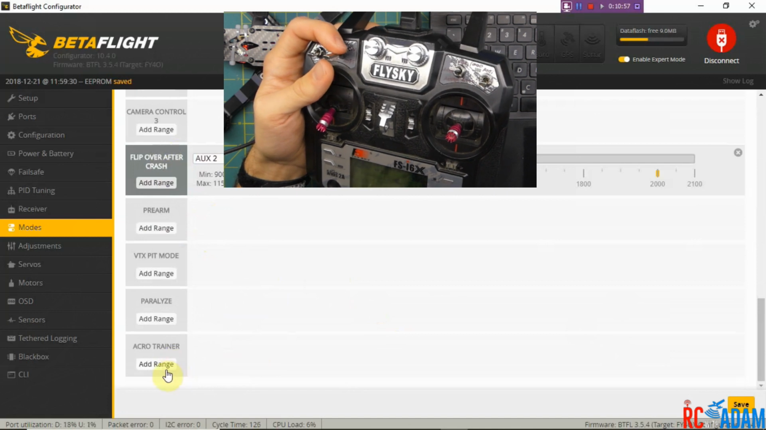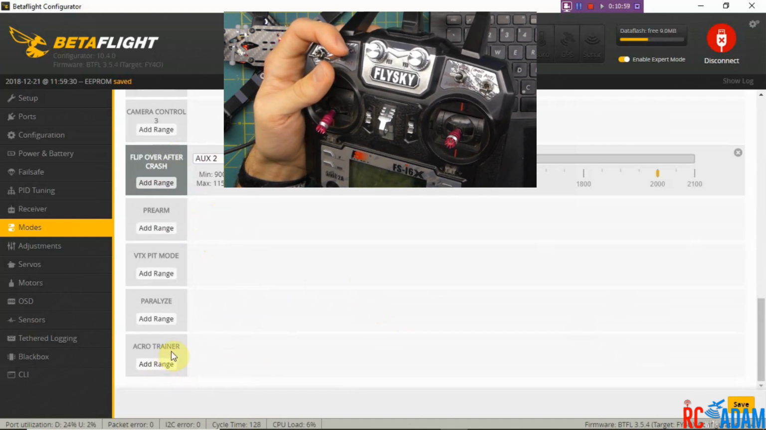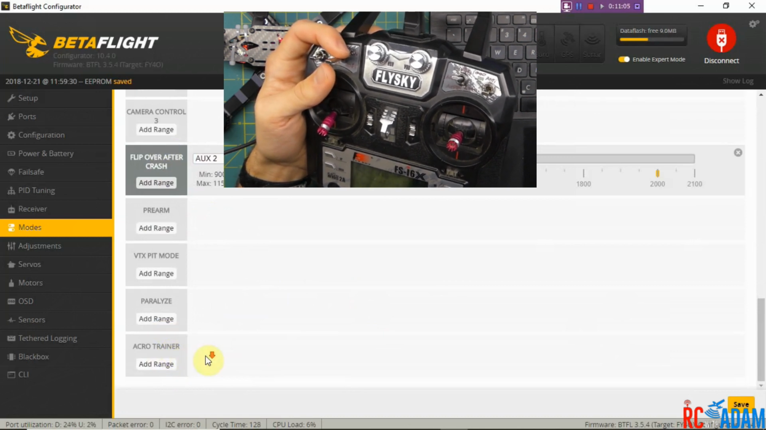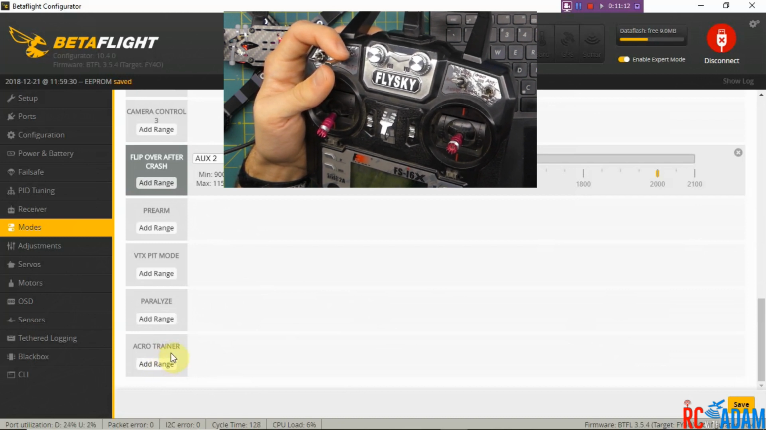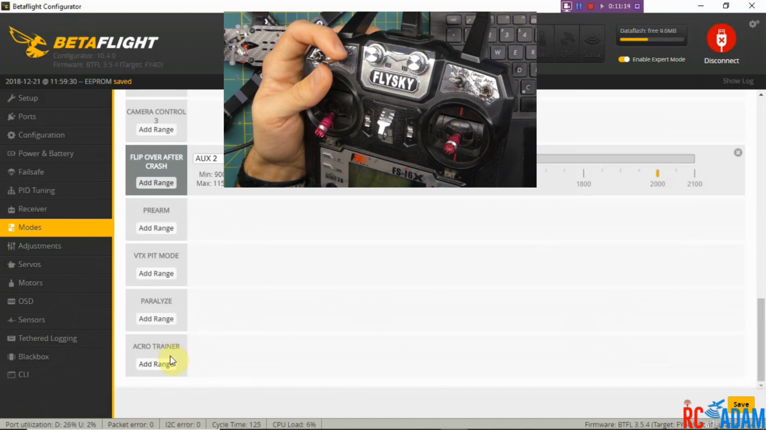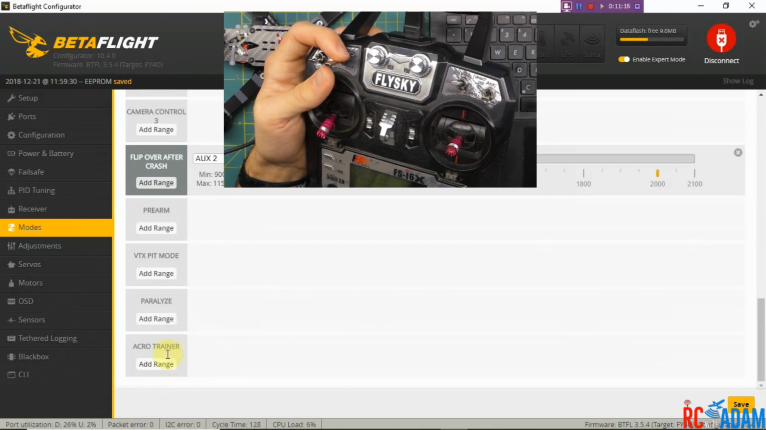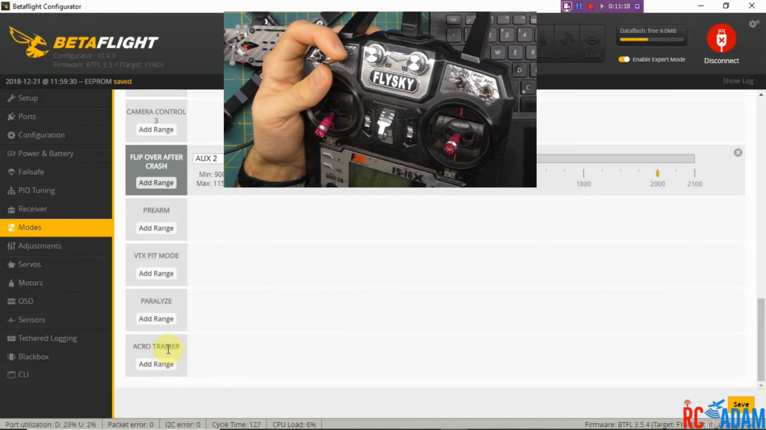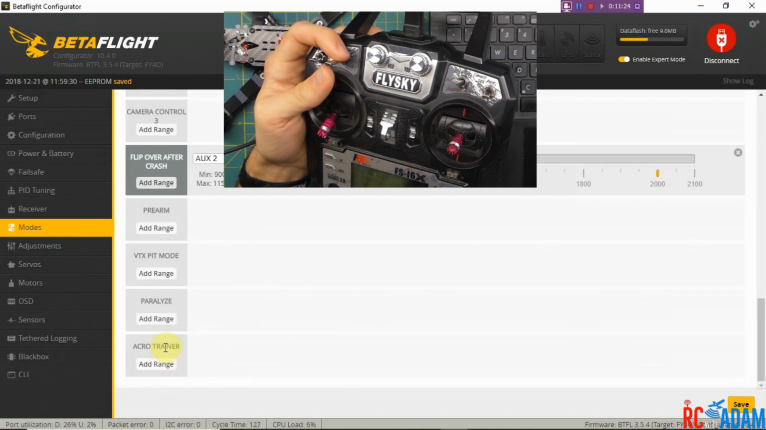One thing you might be interested in is the acro trainer mode. We might do a video on this later, or we might use this for some flight videos later. But what acro trainer is, it's basically like acro mode, but it won't let you rotate past a certain number of degrees. You can think of it like training wheels on a bike. You might tip a little bit, but you won't tip that much, so you won't go inverted,